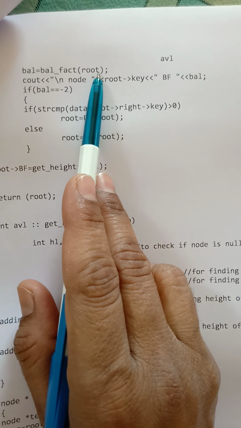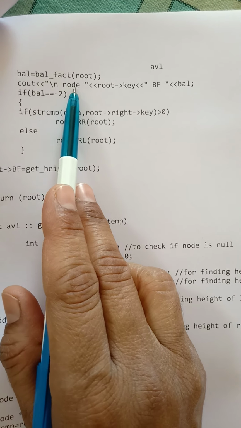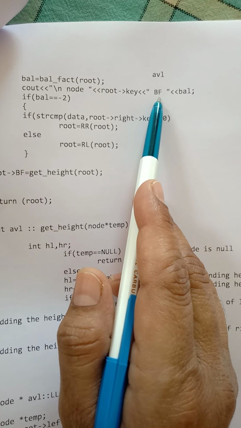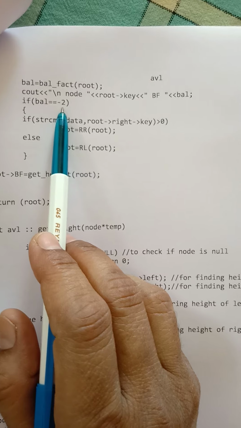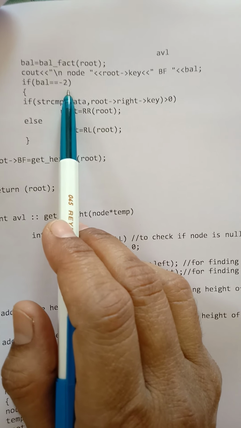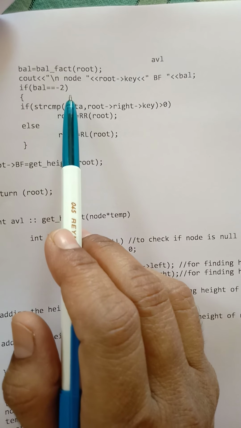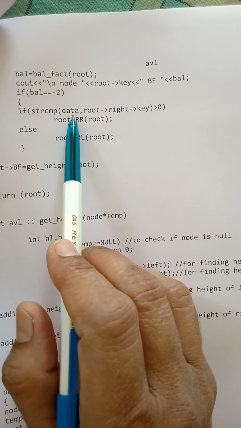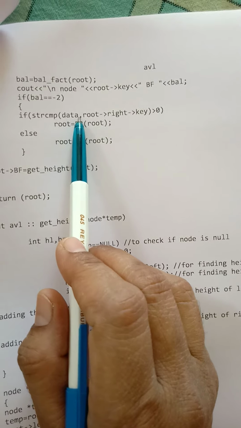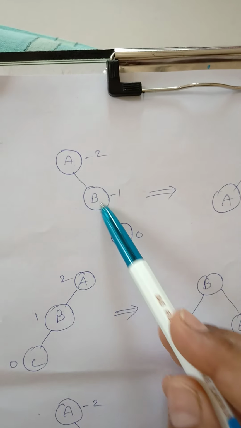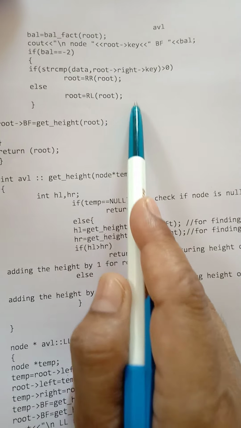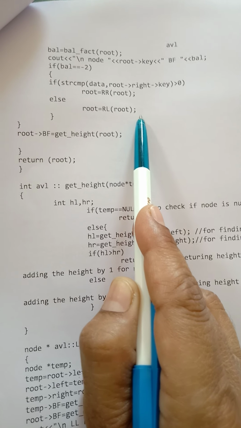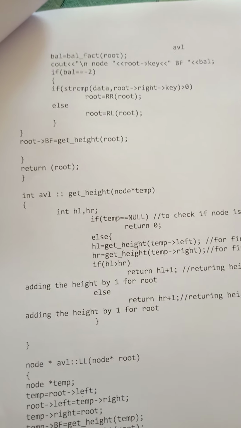Again after insertion you have to check balance factor again, balance factor of the root. So first of all print the node and then balance factor. Now if balance factor is equal to -2, then see first of all the node below the root in that tree, if it is having minus balance factor means this is the case, so only one rotation. Else, if not, then 2 rotations you have to perform. This is the logic for insertion.